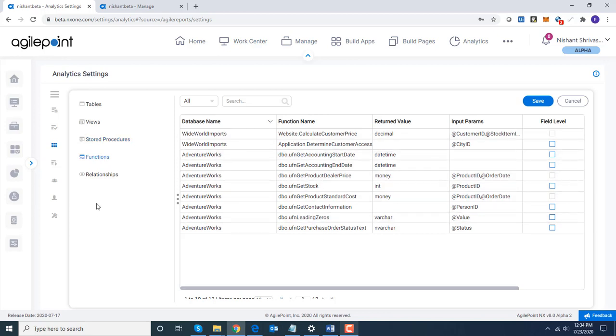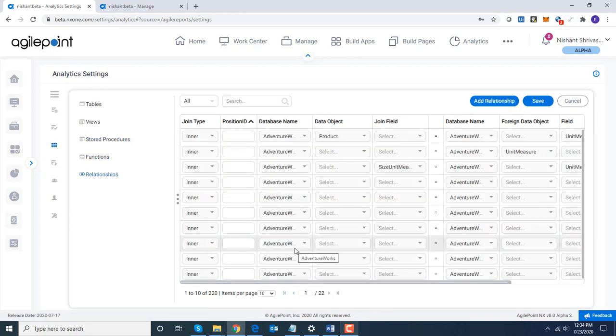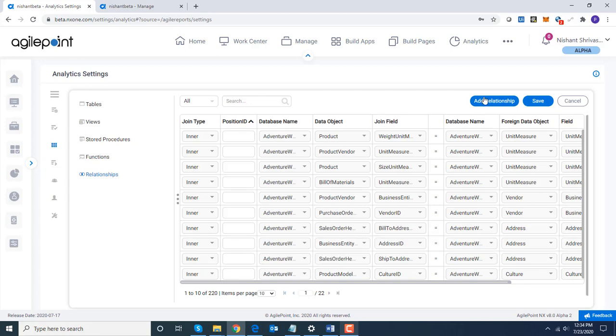Similarly, you can use the functions over here. And if I go to relationships, it shows me the list of all the relationships which were detected based on the foreign key constraints which were set up on the table side, but I can add relationships manually as well. One thing also I wanted to point out is that this is supporting pagination. By default, it is bringing down 10 rows, but you can always say bring down more rows if you are comfortable bringing down more rows.